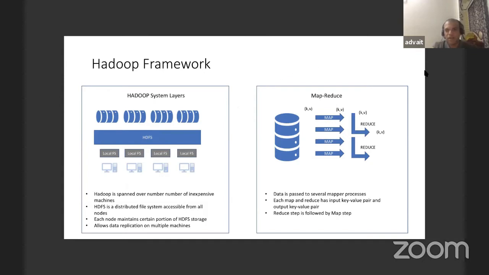On the right hand side, you'll see this diagram of MapReduce, showing how a computation based on MapReduce can be done. Imagine that you have a very large file, maybe 1 terabyte, and you want to process it. If you run a typical program on your machine, you'll have to load the file into memory.